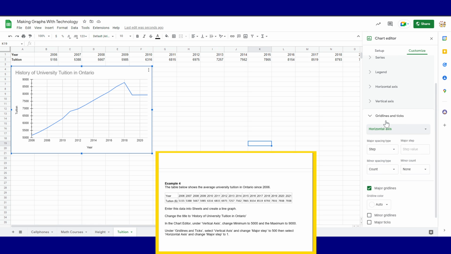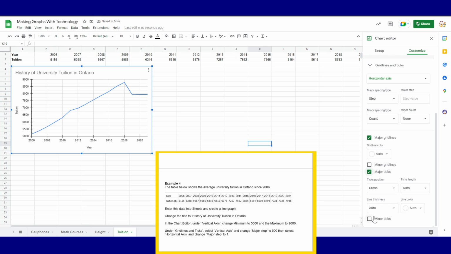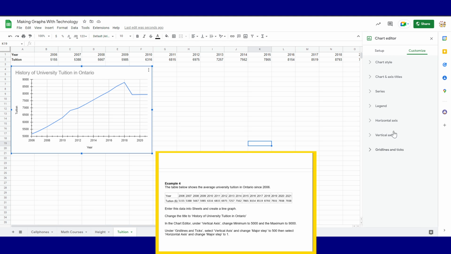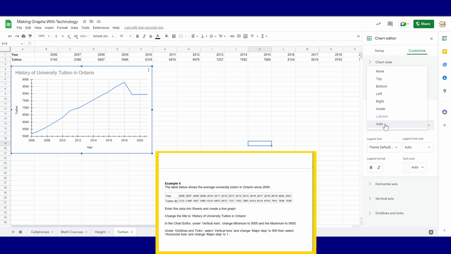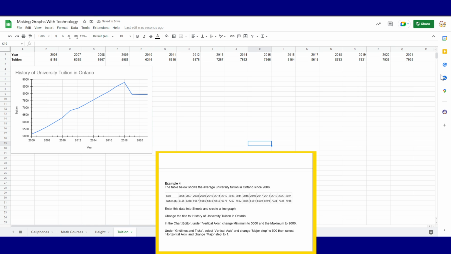So I do recommend that you try to play around with this to get an idea of what you can do with your graph. So there we've kind of adjusted, made it look a little bit nicer, made it a little bit clearer on the axes. But again, play around with these customization options, change the colors, see what all the things do, see what adding a legend does. And so on, things like that, just to get more comfortable with using Google Sheets and creating